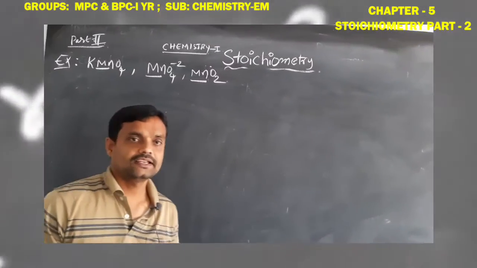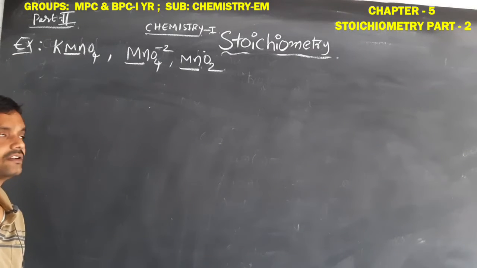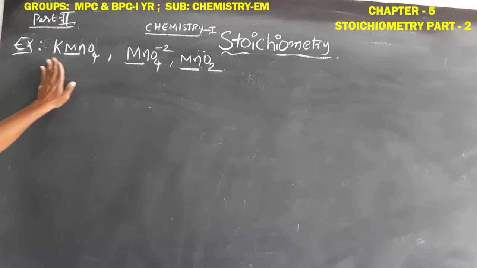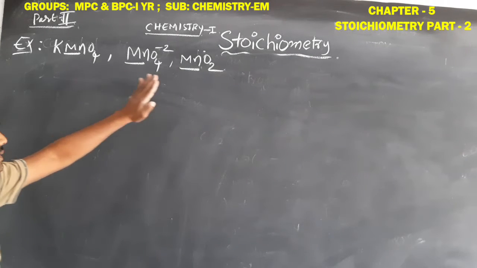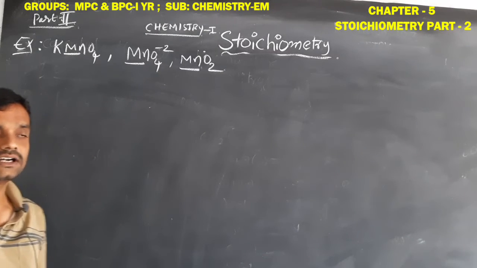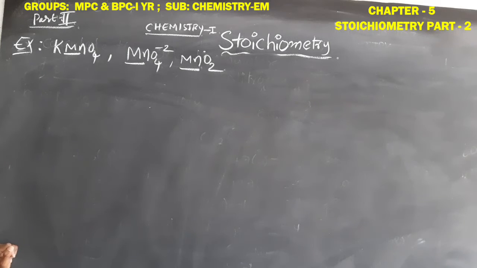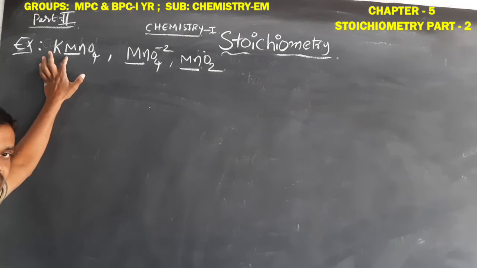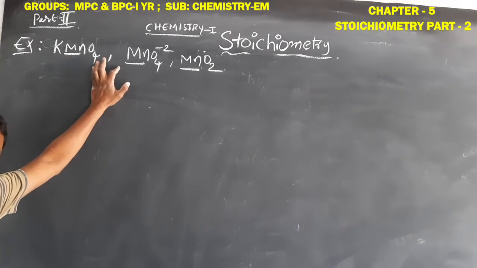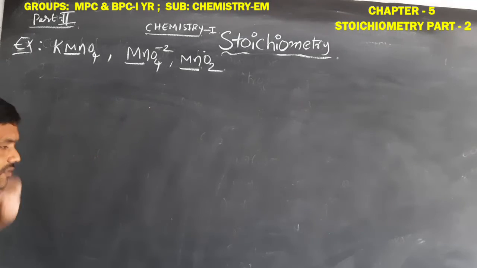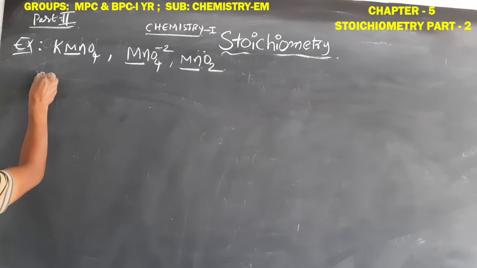Students, here we solve more examples for easy understanding of how to find the oxidation number. The examples are KMnO4, MnO4 minus 2 and MnO2. In all these compounds we find the oxidation number of the underlined element: manganese in KMnO4, manganese in MnO4 minus 2, and manganese in MnO2. How can we find it? First,